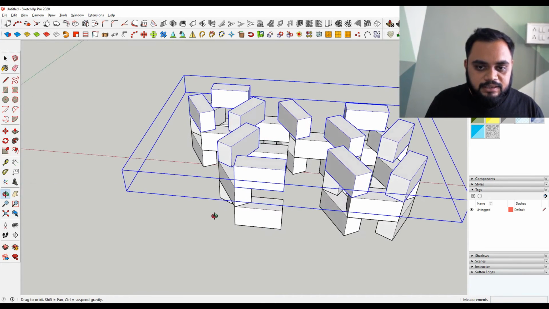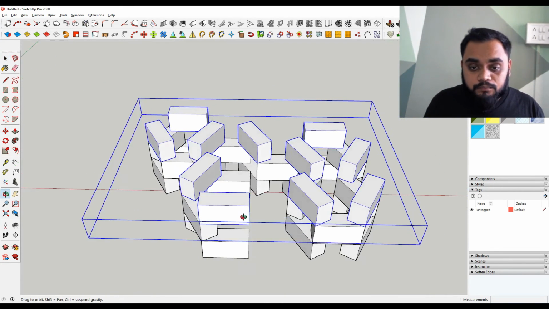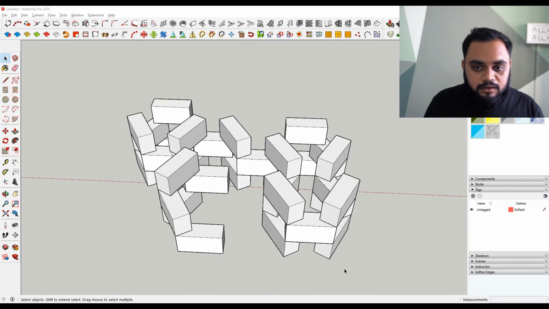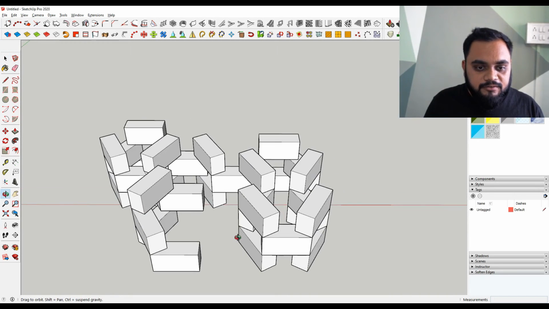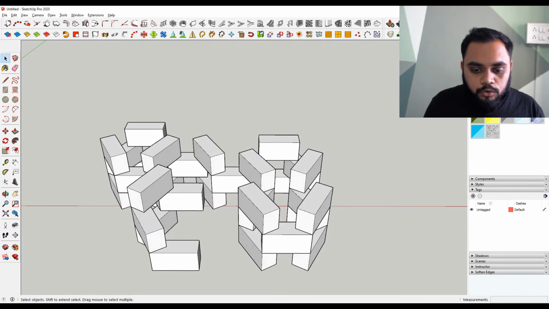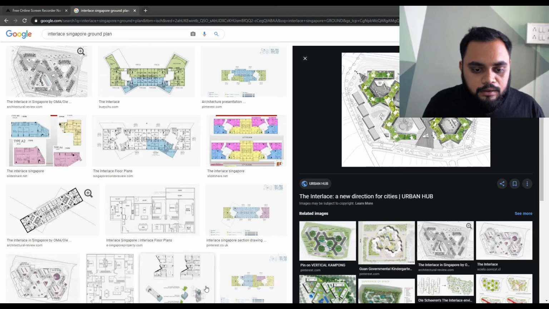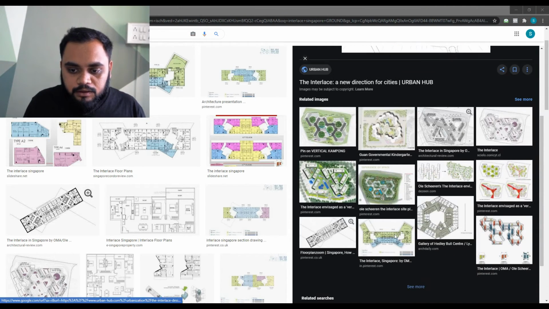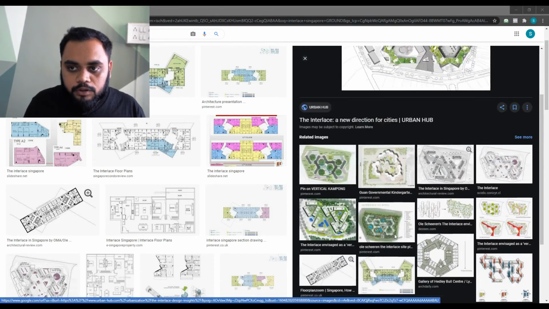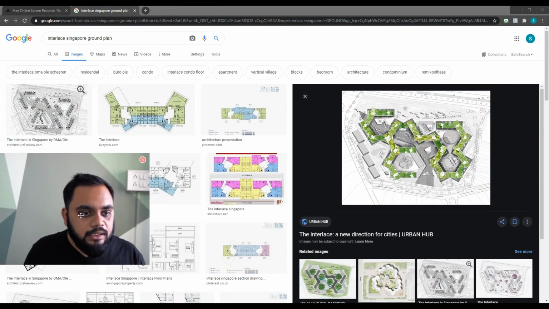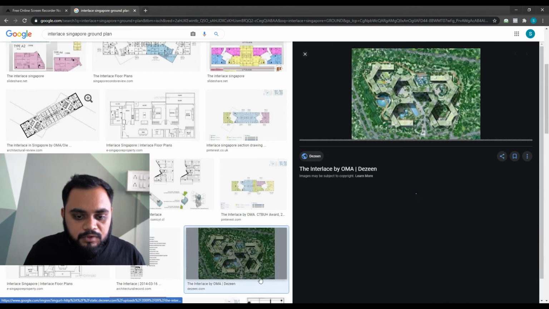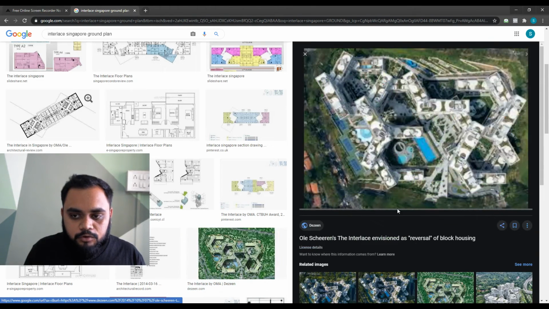We have stacked this, but there are some blocks which aren't there, like this block isn't there. Now for that we'll have to check the 3D model or any kind of sketch or plan. Let's go one step back and I think we'll be able to find this.